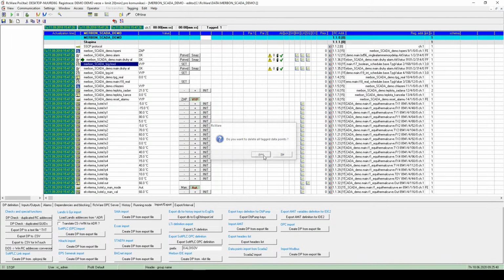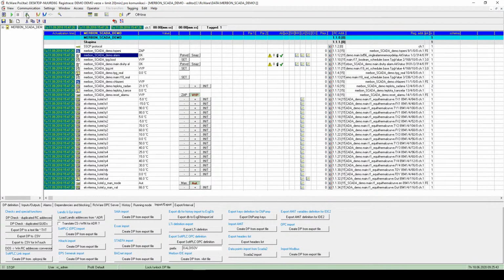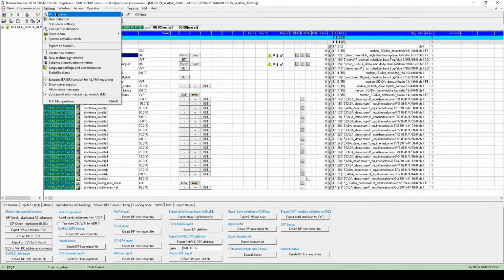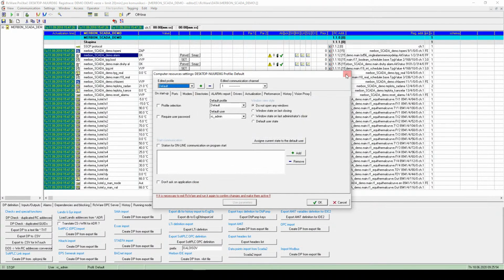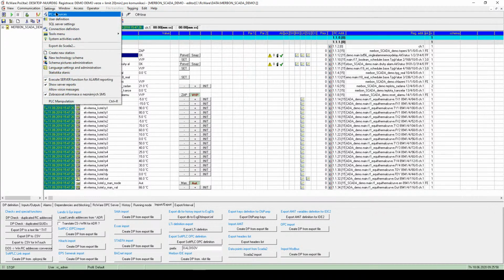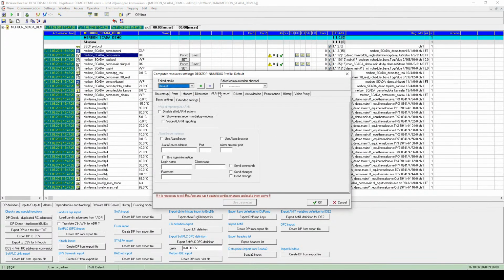Okay, so I just delete it. I'll continue. Okay, so now to the alarm setting. First of all, we need to make a global settings of an alarm server. So I click here, settings, PC resources, and I click on alarms report. I'll check this option, use alarm server, and here I have to put the address of alarm server. So the address is localhost, because it's running on my computer now. The port is 8511,